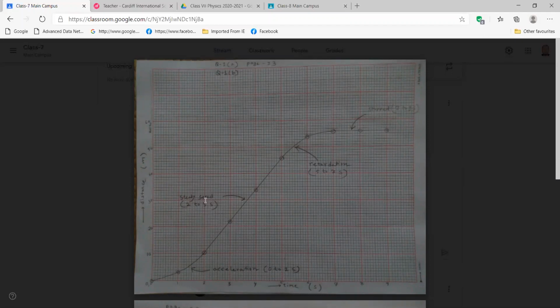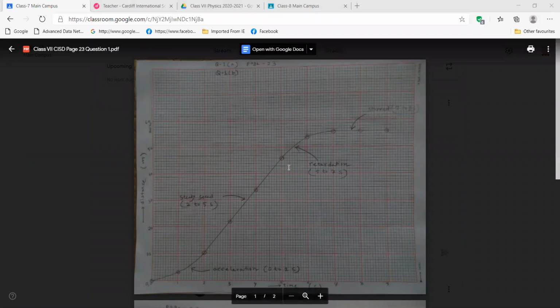From 0 to 2 second, it is acceleration. From 2 second to 5 seconds, it is steady speed. Someone is writing constant speed, someone is writing same speed. Your answer is correct, no problem. Is it clear? Okay, then